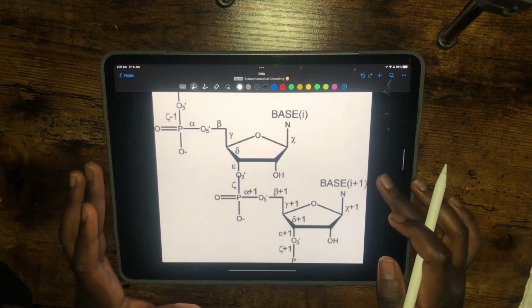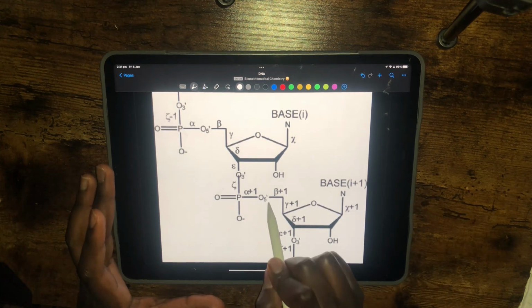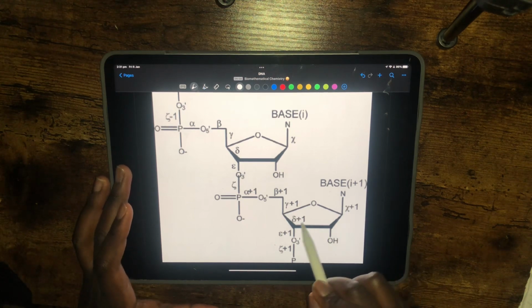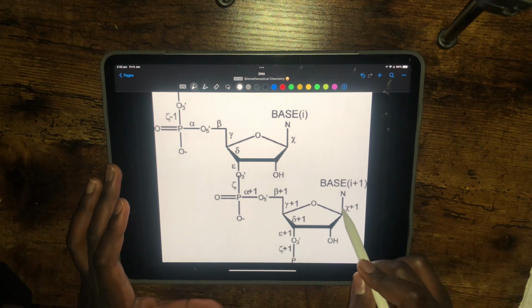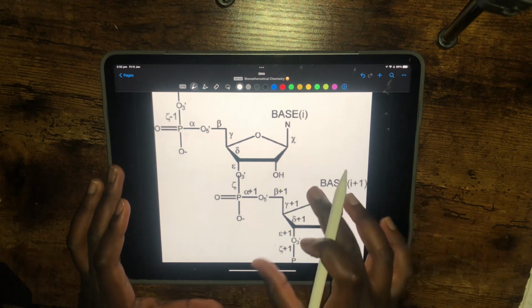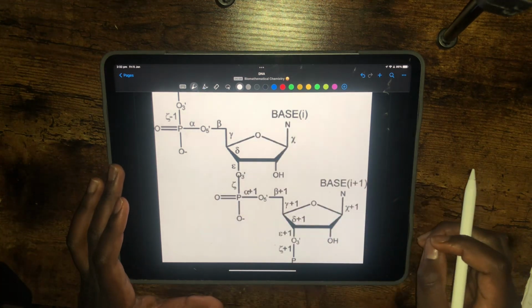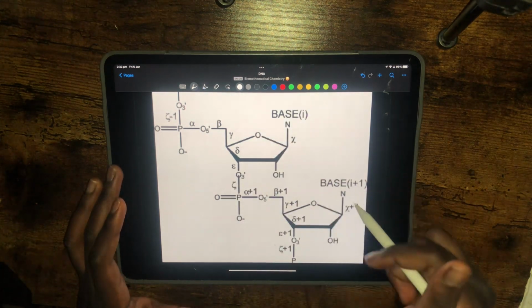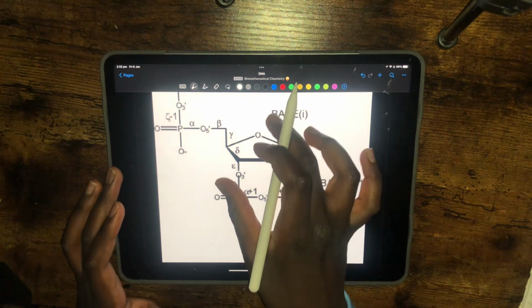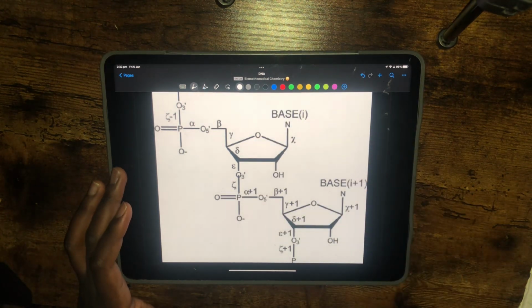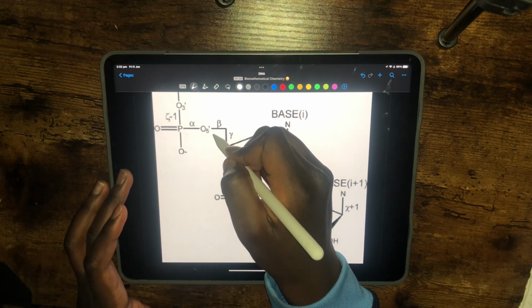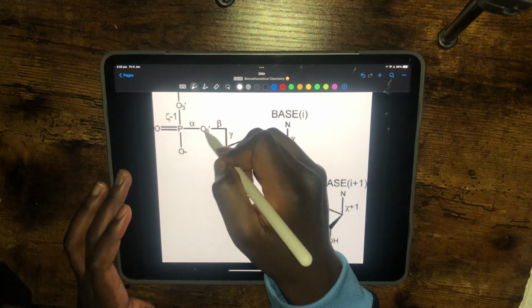So this is carbon 5. Say this is one of the nucleotides that we have here. It's bonded to the nitrogenous base here, but just know about that. We'll call this nucleotide 1, because it's i and i plus 1. So let's call this nucleotide 1, and we'll call this nucleotide 2, right? So we already know from here that the nucleotide is the phosphate group bonded to carbon 5,